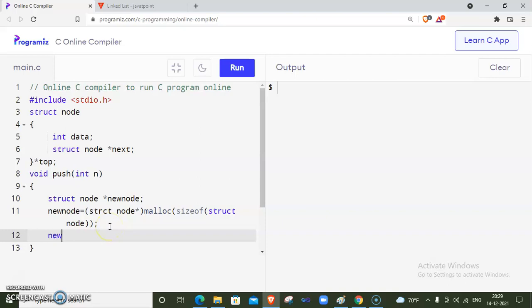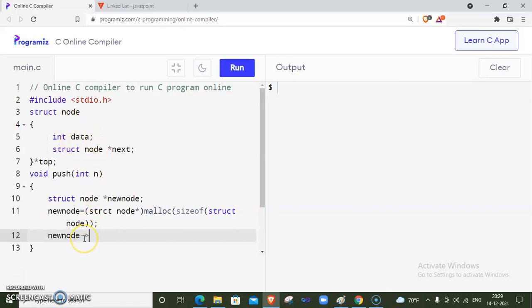Then we need to adjust the data part. If we declare a pointer, then we use the arrow operator. If we declare a normal structure variable, then how can we access the structure members?